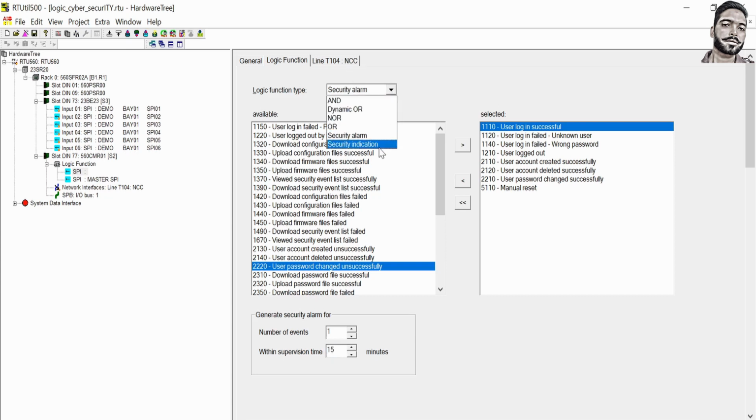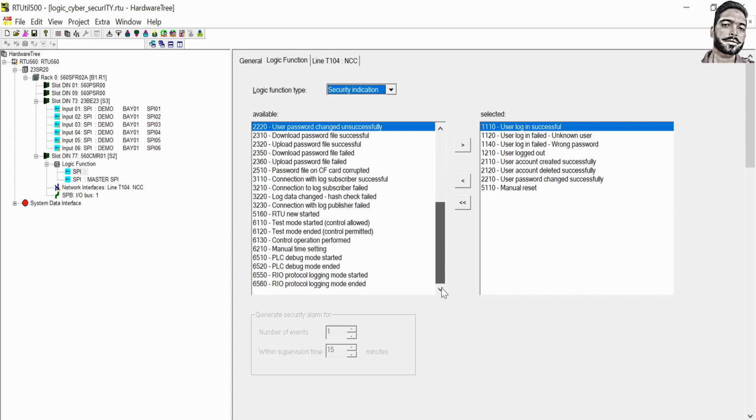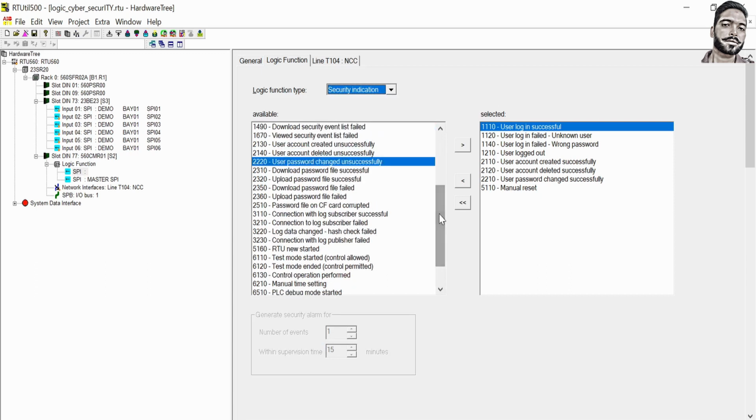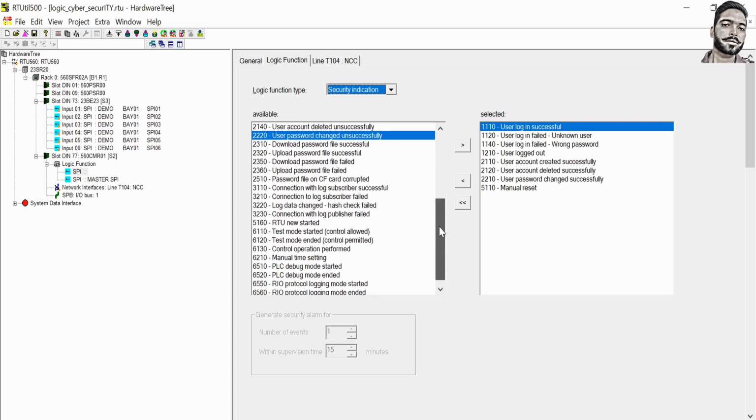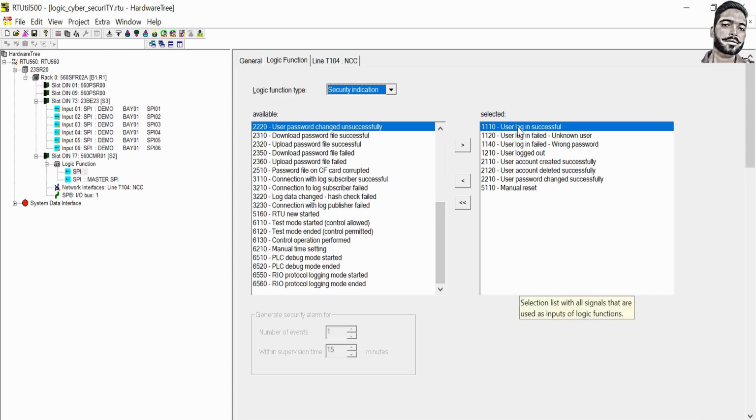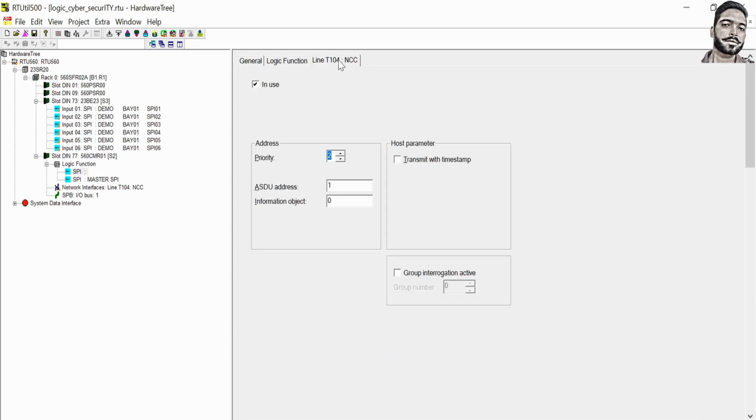And you will get some security indications also. Indications, alarms, I think you can understand here. Alarm means very critical, indications are just for your information that somebody did something, and alarms are critical. So every time he does a successful login you will get an indication, but if somebody does a wrong operation 3 times, then you will get an alarm, meaning somebody is doing something mischievous at the site. You should take care of that. So this type of thing can be done here.